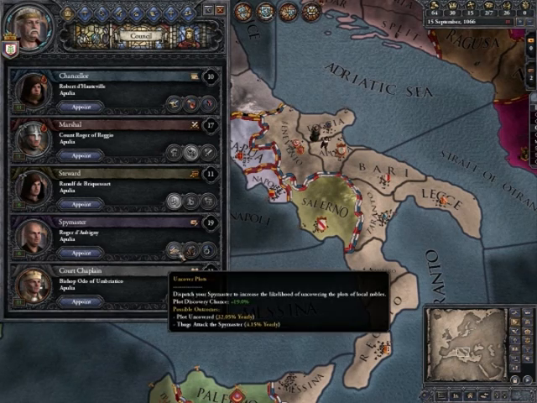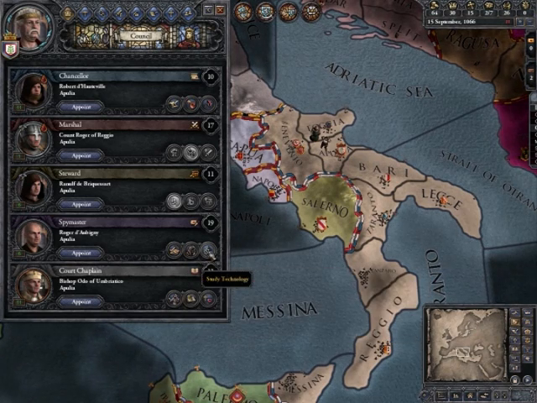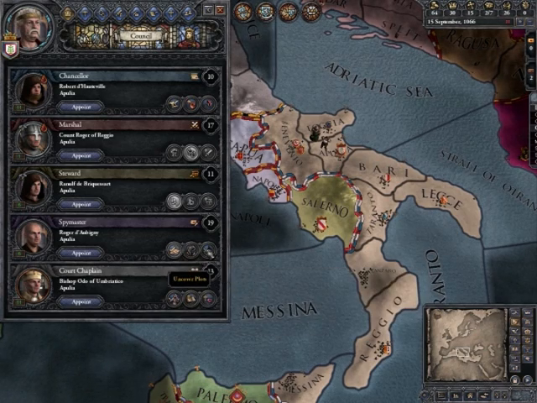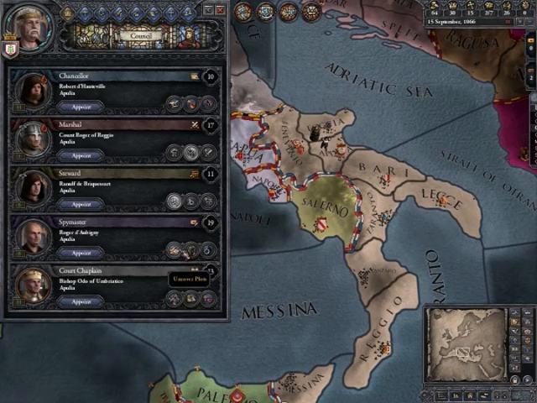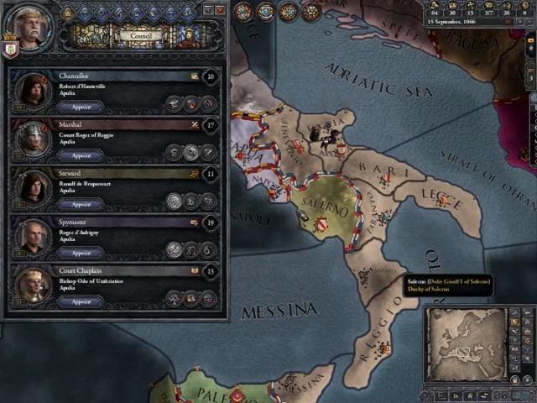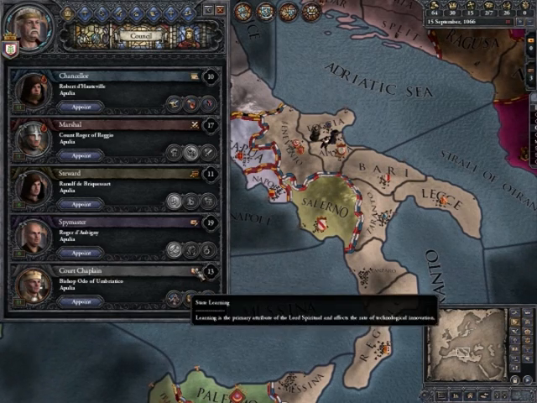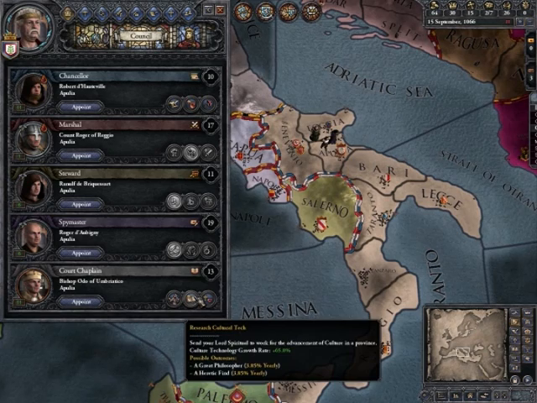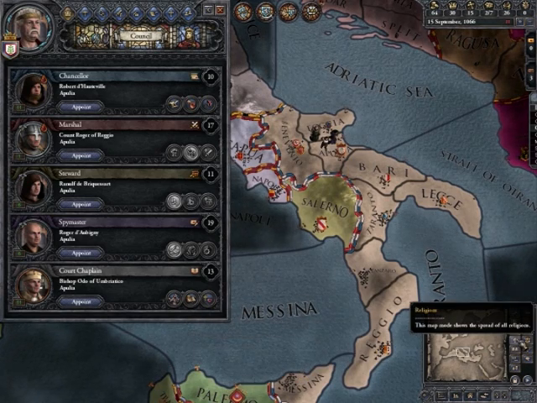Your spy master. Generally I like to set to uncover plots right at the beginning. He could also study technology or build a spy network, but I like to know who's going to stab me in the back. Our court chaplain, again, he can research, he can improve relations, but right now I'm going to go to the religious view,